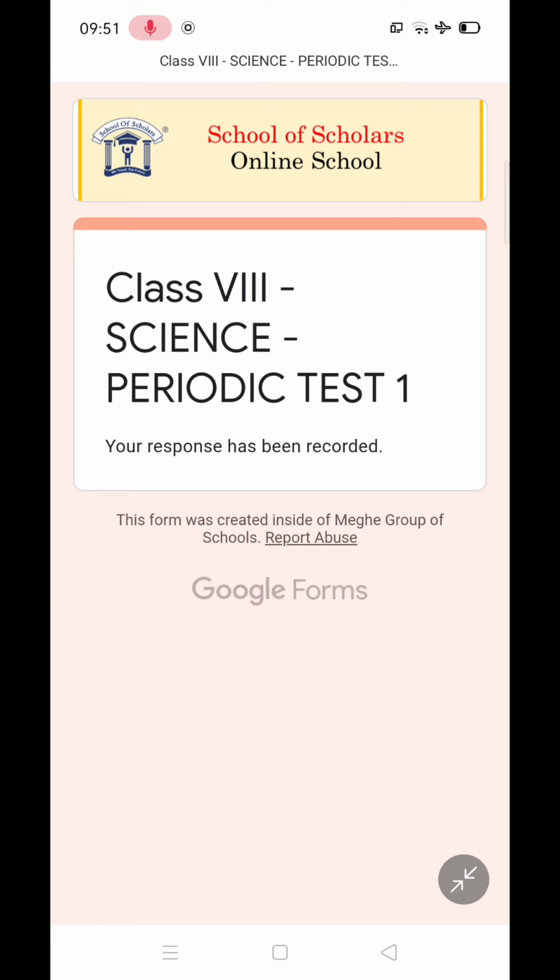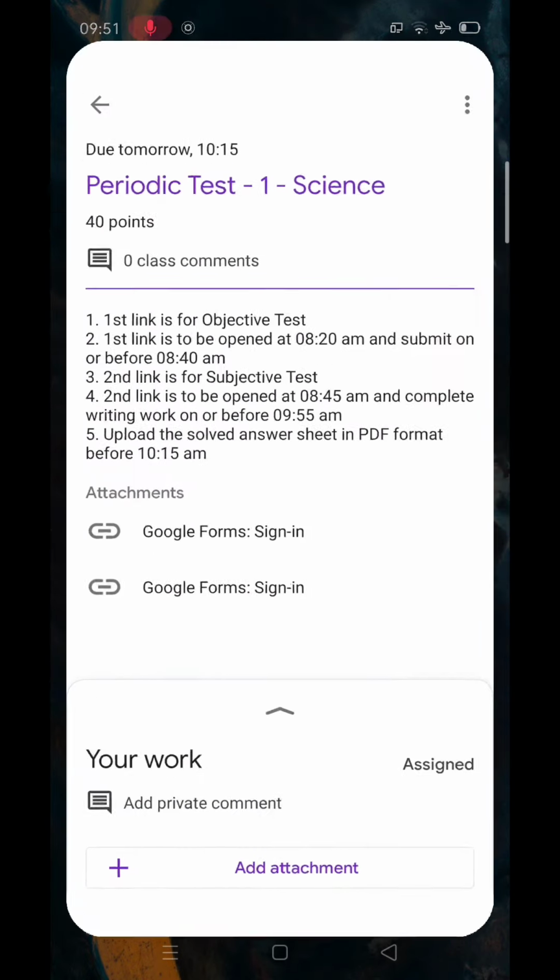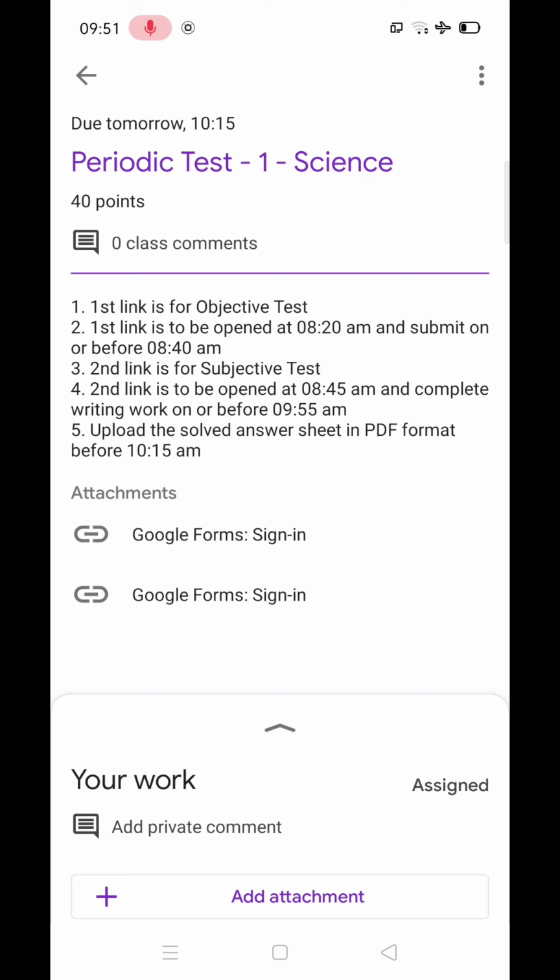Once this process is completed, the next step is to take photographs of your ruled pages answer sheet through your mobile camera. Take neat and clean photos. Kindly avoid blurry images. Suppose your answer sheet has 4 pages, it means you have taken 4 photos on your mobile.